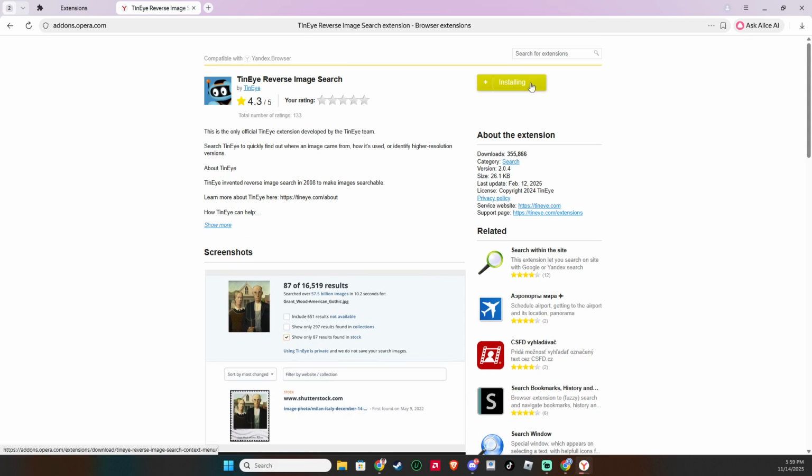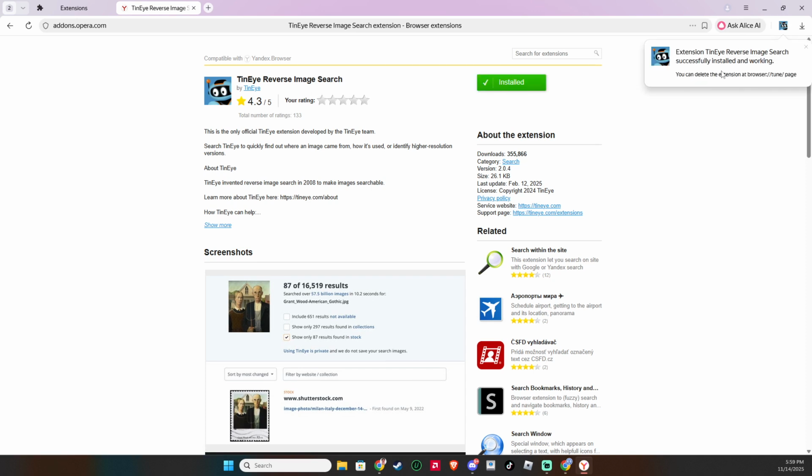Before the extension is installed, a window will pop up asking you to review the permissions the extension requires to function. It's crucial to read through these permissions carefully, so you know exactly what kind of access the extension will have. If everything seems in order, and you're comfortable with the permissions requested, go ahead and click Confirm to proceed